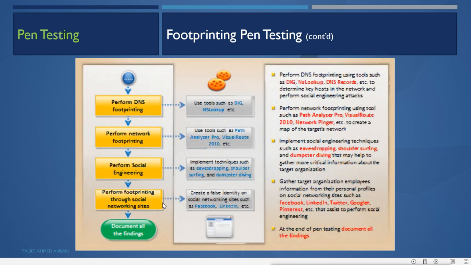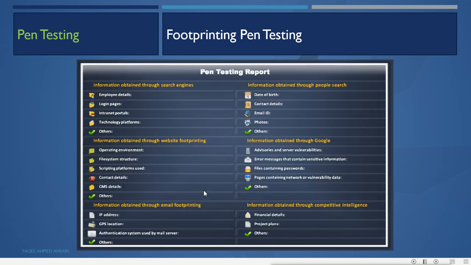Then perform footprinting through social networking sites, and then do all the documentation of whatever you have found, and give it to the authorized person of that organization. This is a sample of that testing report.